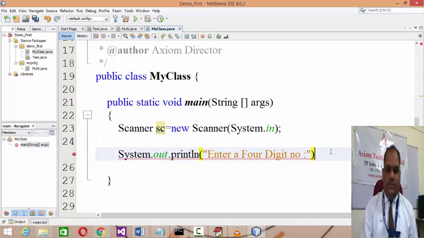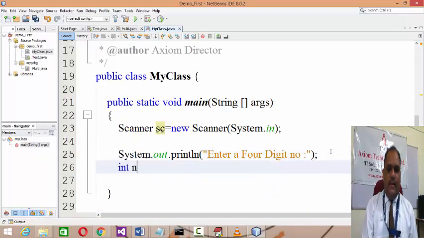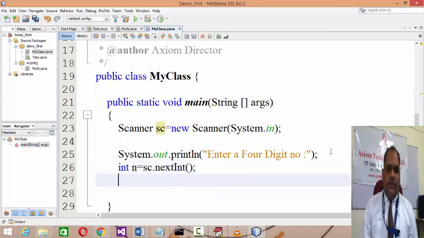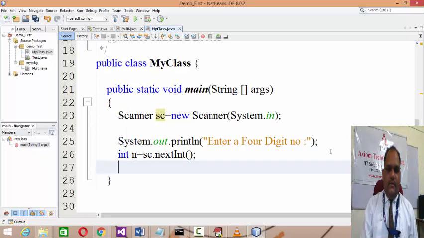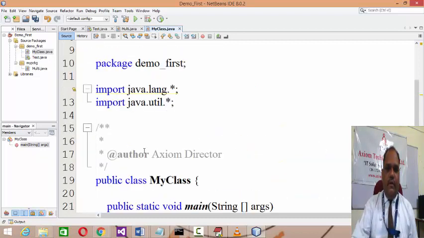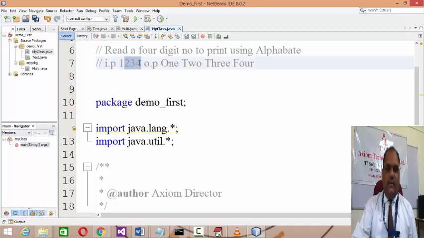System.out.println, enter a 4-digit number, you specify the semicolon, and int n equals sc.nextInt. You read the 4-digit number. After that, we are expecting that if I input 1 2 3 4 as a number, then it has to be printed using alphabet. For this reason, what I will do, I will develop